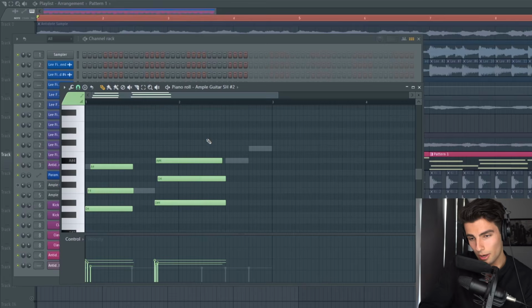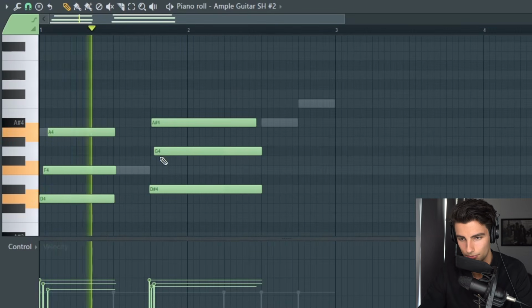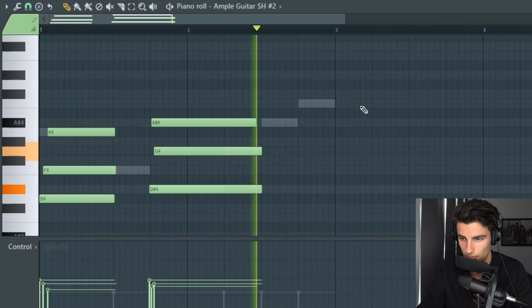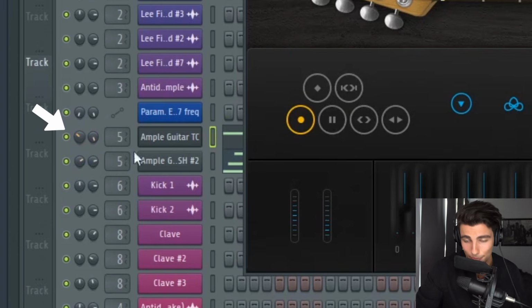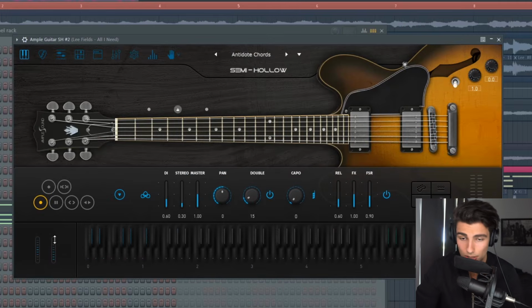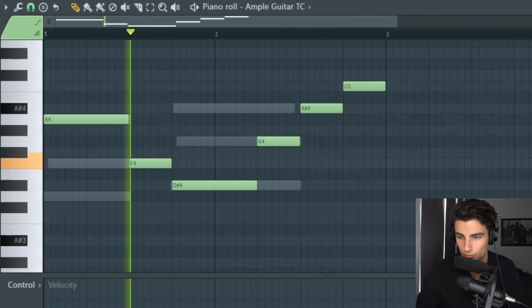There are actually 2 guitars playing in this sample. The second one is playing these chords. And with these guitars, the guitar playing the lead has been panned to the left, and the guitar playing the chords has been panned to the right. This is what they sound like so far.